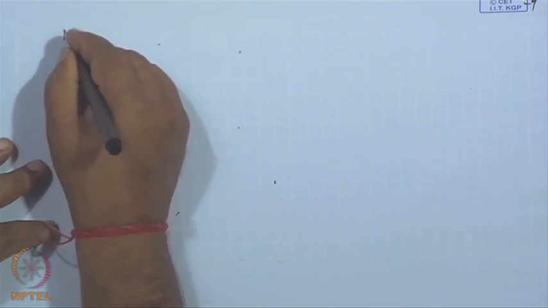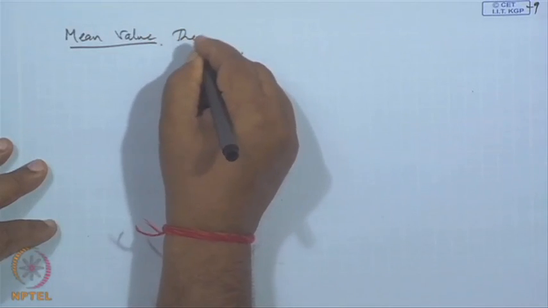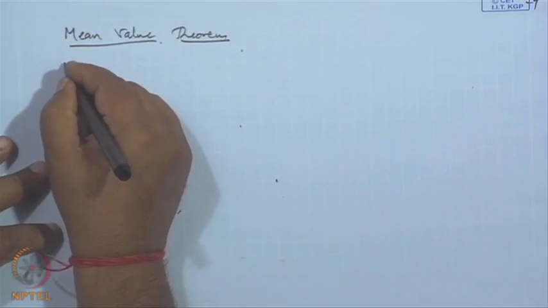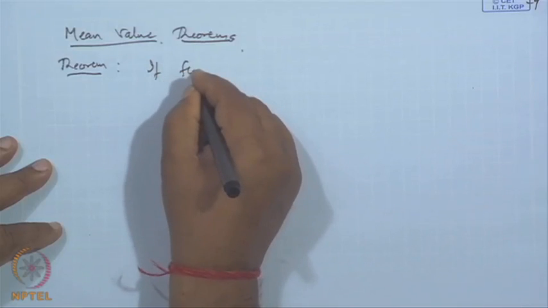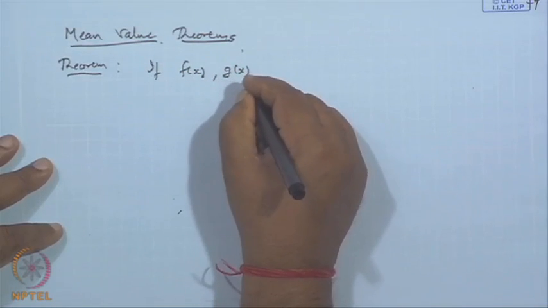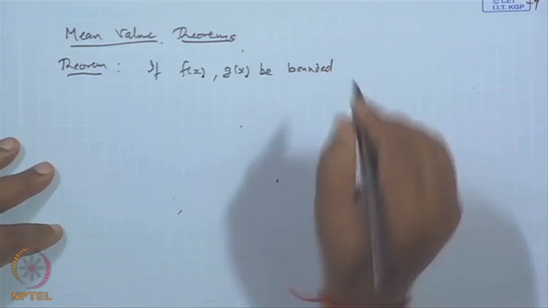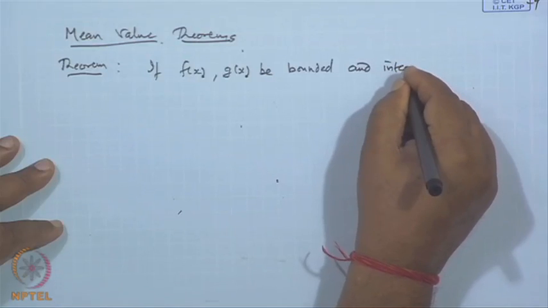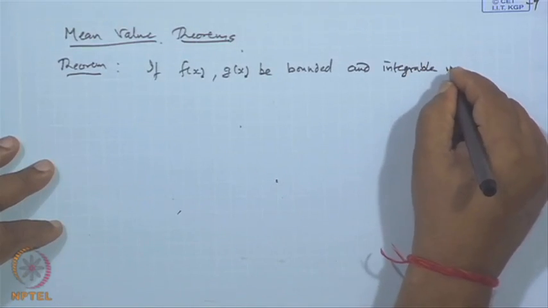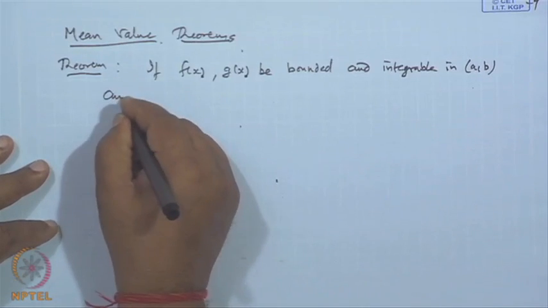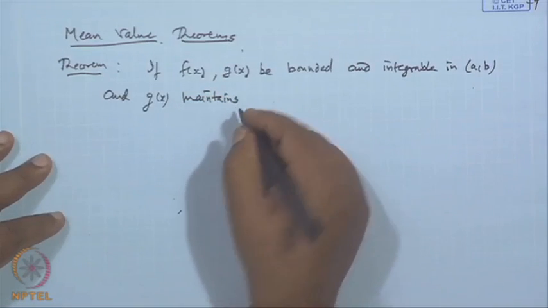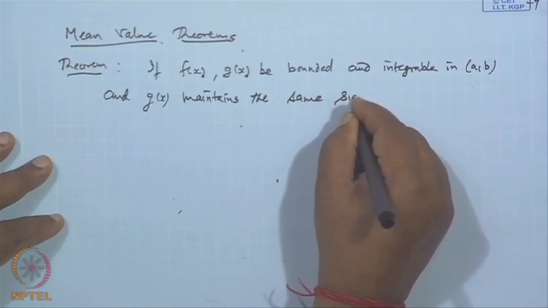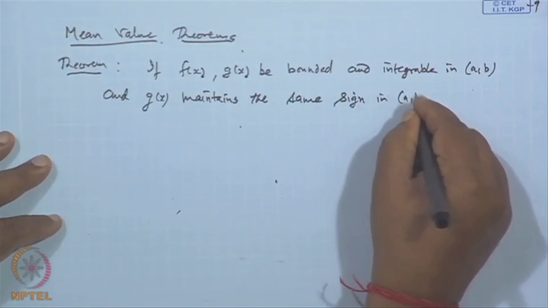Now, there are two mean value theorems which we will just state. The first mean value theorem says: if f x and g x are bounded and integrable in the interval a b, and g x maintains the same sign in the interval a b, then